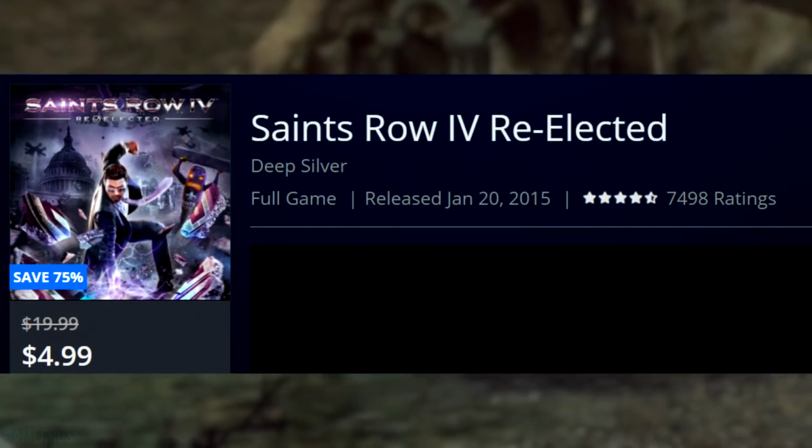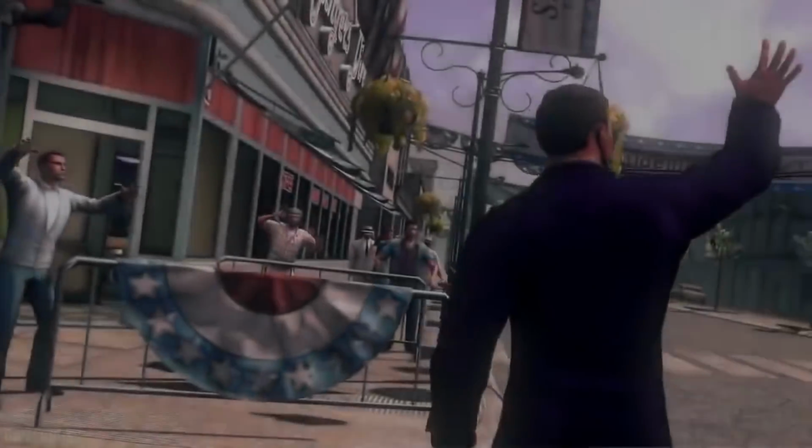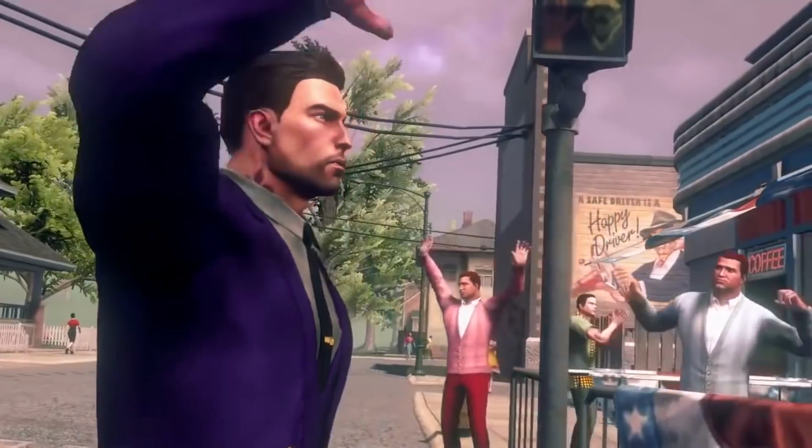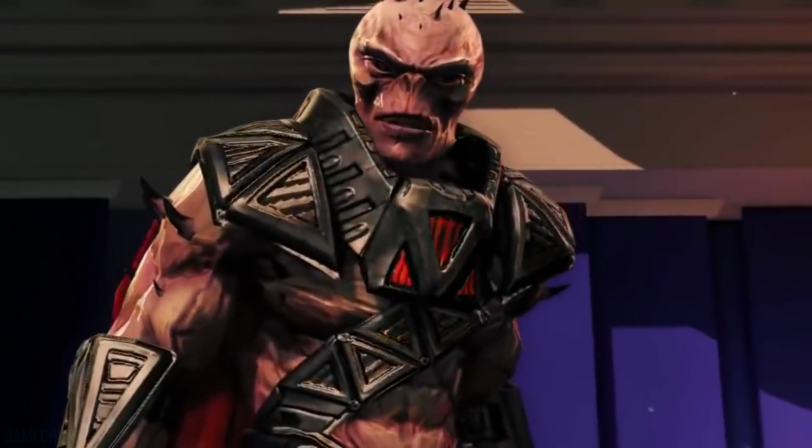Saints Row 4 Re-Elected for $5. I used the word fun to describe Shadow Warrior, but Saints Row 4 is also a very fun game that doesn't require too much investment. Saints Row 4 is the type of game you just turn on and play for a while and you don't think too much about it. It's very zany, and if you are a fan of Saints Row the Third, Saints Row 4 is just more